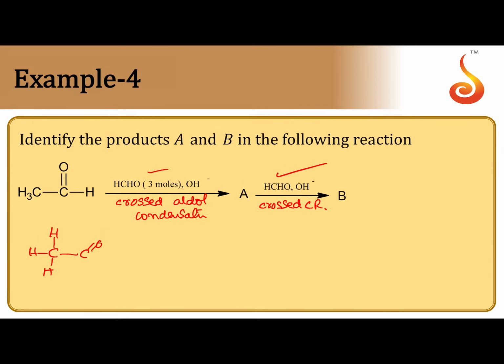Each alpha hydrogen undergoes cross aldol condensation with formaldehyde. At this time what happens? You cut the alpha hydrogen migrated to oxygen, you cut the C=O pi bond, and alpha carbon gets connected to carbonyl carbon. So that carbonyl carbon will become CH2OH. In the same manner, each alpha hydrogen is migrated to oxygen of formaldehyde.